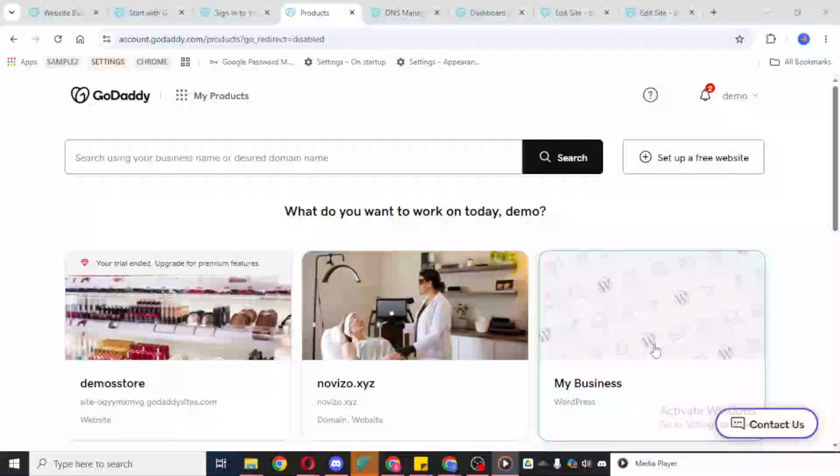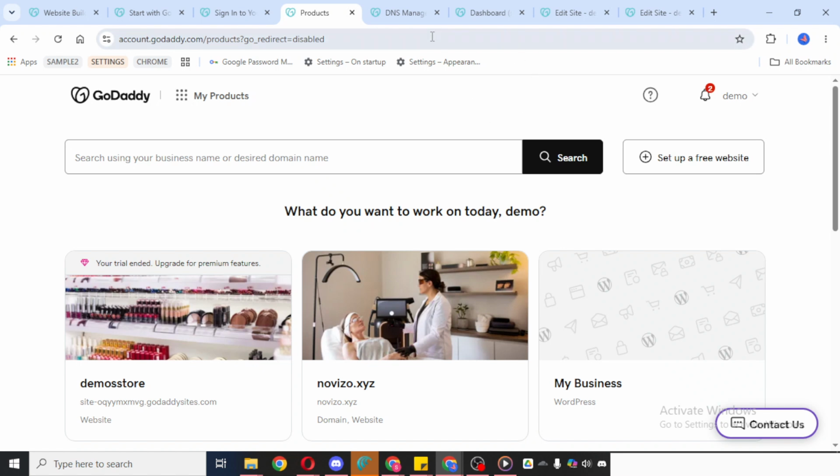In today's video, I'm going to teach you how to forward a subdomain in a GoDaddy account using the forwarding settings. To get started, open the GoDaddy website in your browser and sign in to your account. Make sure you're using the correct account where your domain is managed, because the forwarding settings for your subdomain will only appear there. Once you're logged in, go to your profile area.